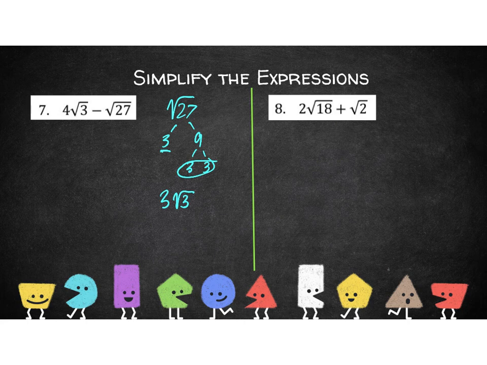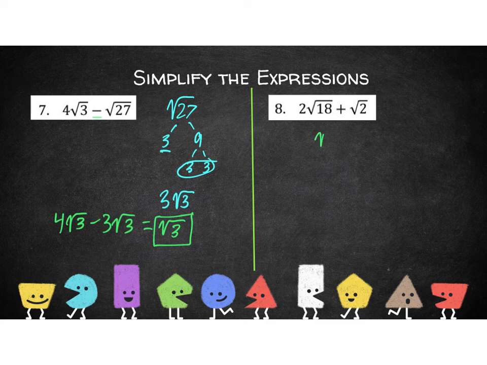And now we'll take our initial term, which is 4 square root of 3, minus sign, so we're going to minus our new term, which is 3 square root of 3, equals 4 minus 3 is just 1, square root 3 is going to be the final answer for that one. All right, now over here we see that this 2 is prime and can't be simplified anymore, so